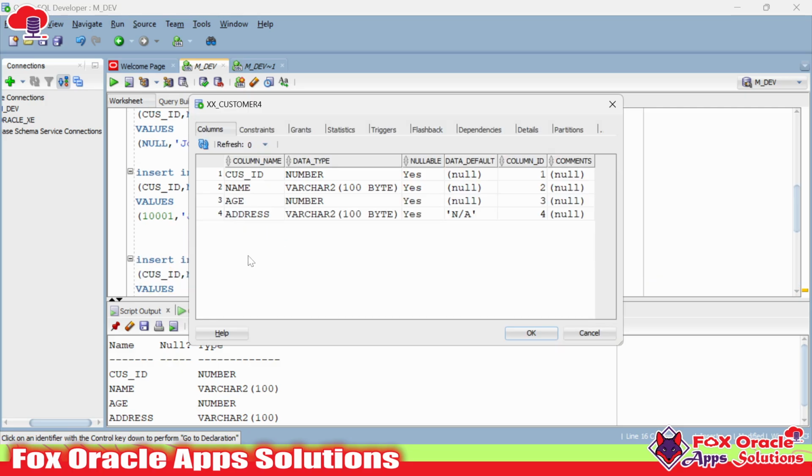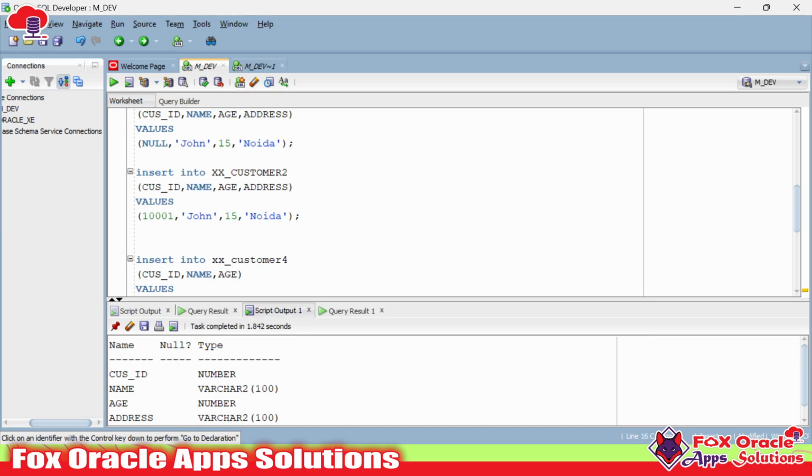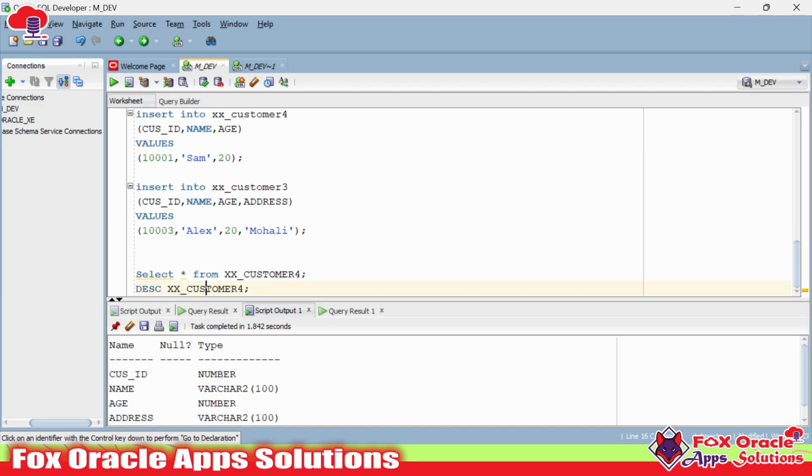Yeah, this time I think it will come. It's taking time. Yeah, you can see. So whenever you want to see the description of a table, you have to just select the table name, and after selecting the table, click on Shift and go for F4. Shift plus F4. Once you go for Shift plus F4, your screen will be held for a few seconds